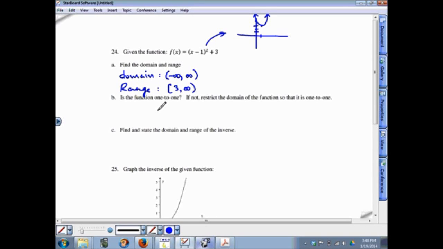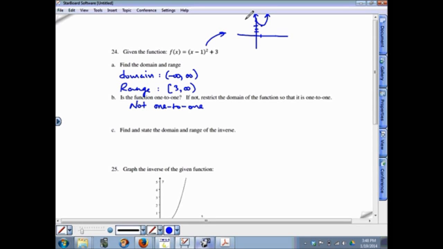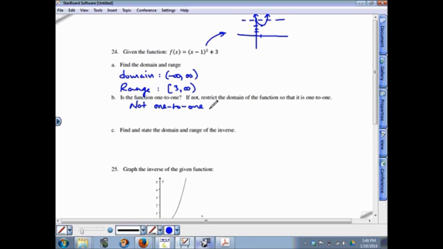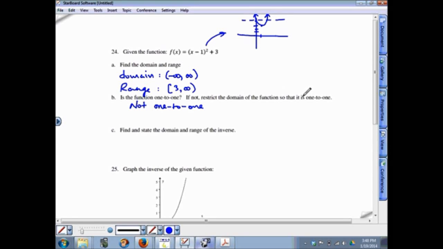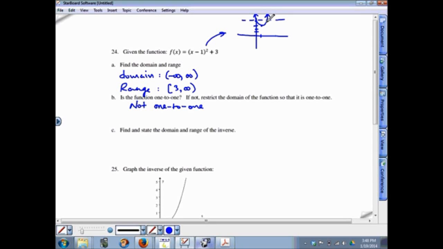Now, the function is not 1-to-1. And we can see here the graph, it's a parabola, it fails the horizontal line test. Because it is not 1-to-1, we need to restrict the domain in such a way that the function becomes 1-to-1. The function is not 1-to-1 because the parabola is going up to positive infinity on both sides. If we could get rid of one side of the parabola, either the left side or the right side, then that would do. So if we restricted the domain